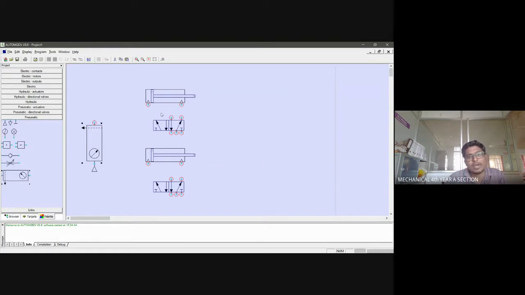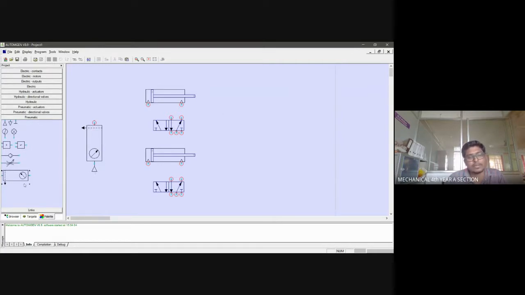Okay, so now I have completed all my pneumatic components. I have taken all the pneumatic things that are required to complete my circuit. These all are from pneumatic systems only. I have used a pneumatic actuator, a pneumatic direction control valve, and for the power source also I have used a pneumatic system.